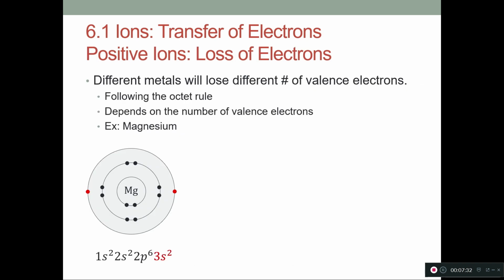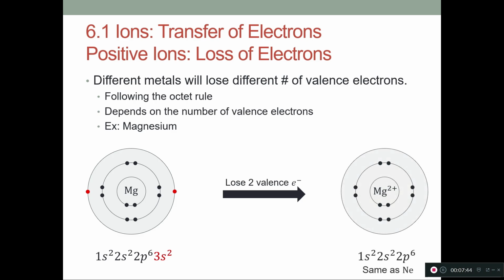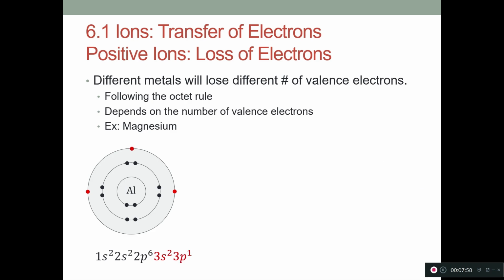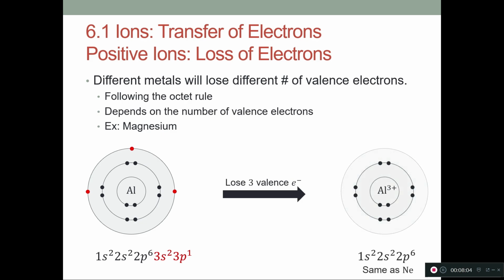And so again, what this looks like is if we have something like magnesium, this has 2 valence electrons. It's going to lose those 2 valence electrons and then look like this. So now it has a +2 charge. It has lost the electrons in that outermost shell, and so now it has the same electron configuration as neon, which is the nearest noble gas to the left of it. Whereas if we have something like aluminum, this has 3 valence electrons. It's going to lose those 3. That means it's going to end up with the same electron configuration as neon again. So again, we're going to the left to the nearest noble gas. That's what its electron configuration will look like after it loses its valence electrons.